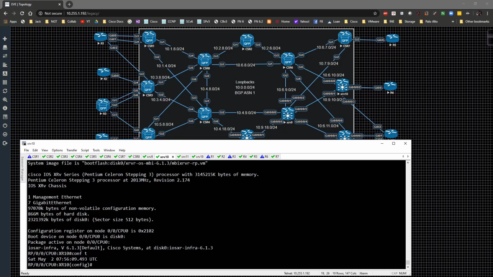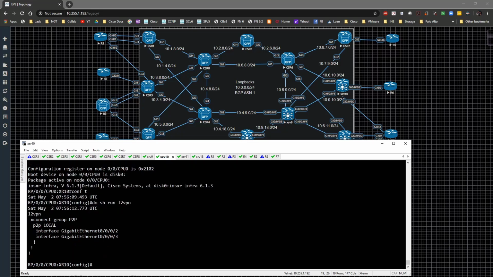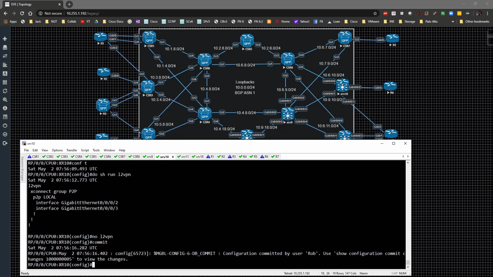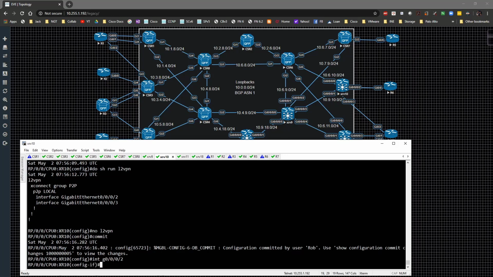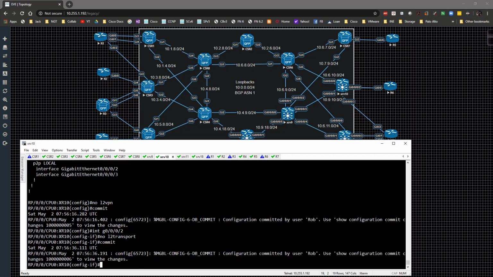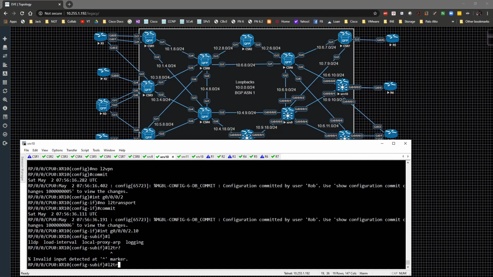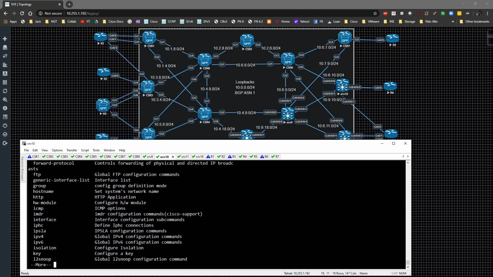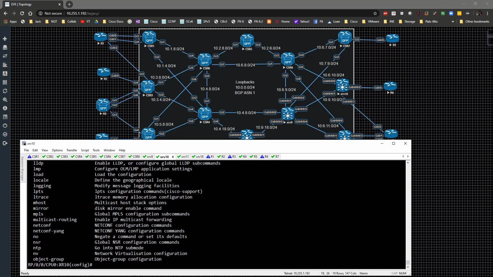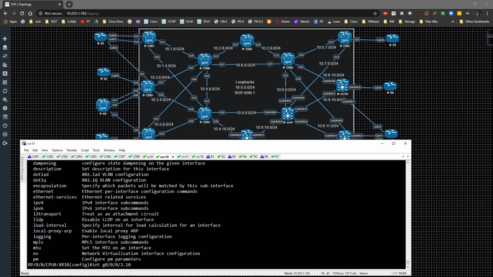We're going to do show run L2VPN, and type in no L2VPN and just commit it. Then we're going to go to interface gig 0/0/0/2, and we'll type in no L2 transport and commit this. Then we need to create a sub-interface. So we'll hit the up arrow and go to .10, and type in L2 transport. I think that's right, when you create this you have to specify L2 transport out here,